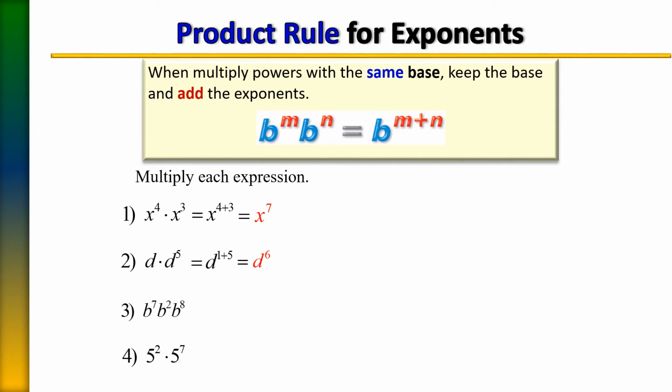Next, we have 3 terms that are being multiplied, and all 3 terms have the same base. So we're going to keep that base of b and add their exponents, which is going to give us b to the 17th power. It doesn't matter whether it's a variable or a number. If you're multiplying terms and their bases are the same, the rule is keep the base. In this case, the base is 5. I'm going to add their exponents of 2 plus 7, which is going to give me 5 to the 9th